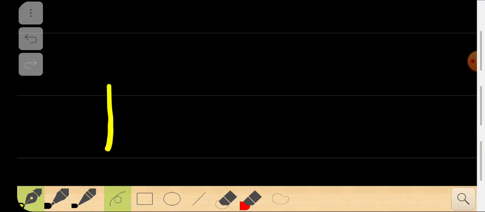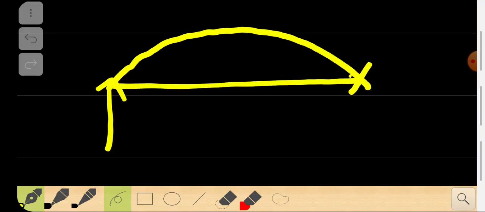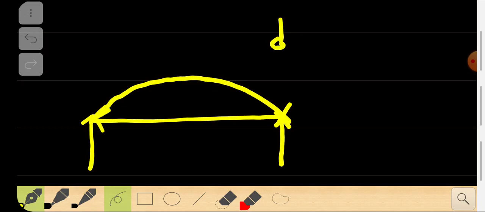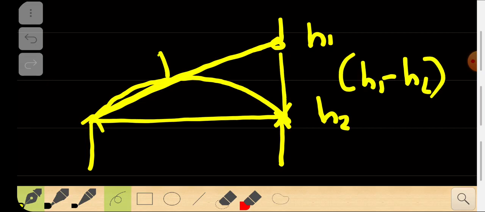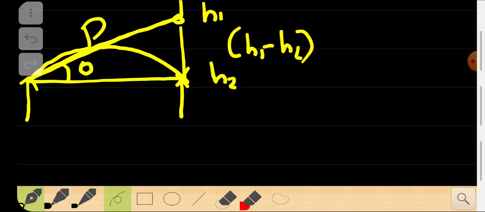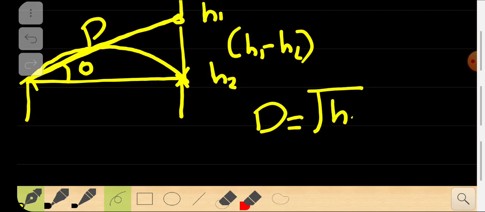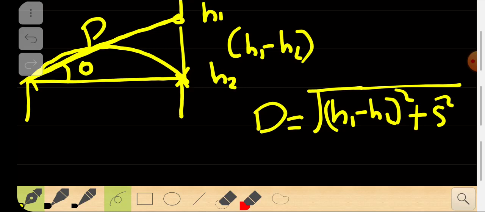So we can straightforwardly admit that if we have a person standing here like that, and he's going to shoot and hit a point straight in the line of sight, right? If that's the case, then if the apple is hanging from here, and this is the actual path which he was supposed to make, and this is at a height of say h1, or 10 meters or something like that. This point is at a height of h2, so this distance will be h1 minus h2, right? And let this distance be some d, and this angle be some theta. Using the Pythagoras theorem, d must be equal to the square root of (h1 minus h2) the whole squared plus s squared, right? That will be d using Pythagoras theorem,